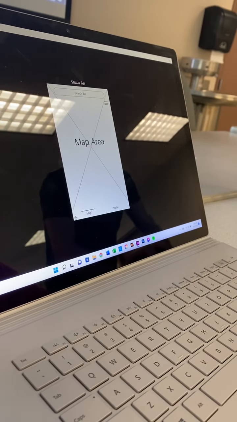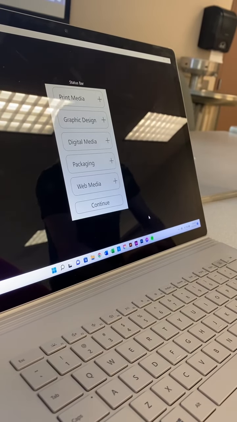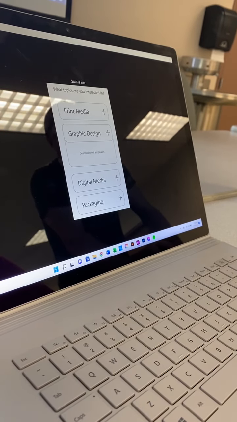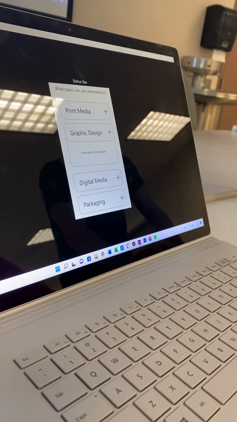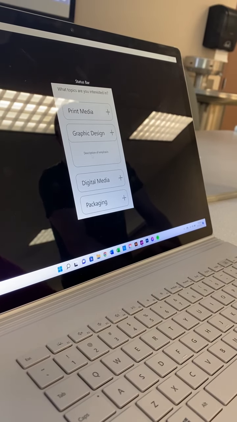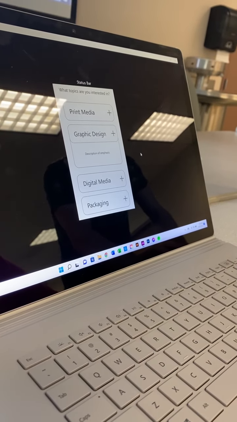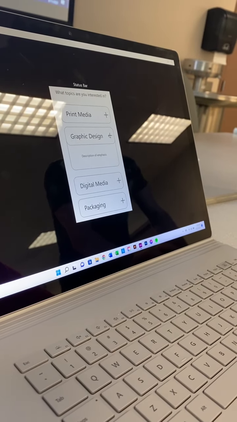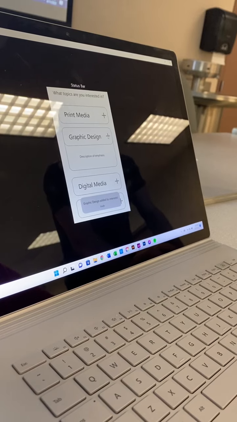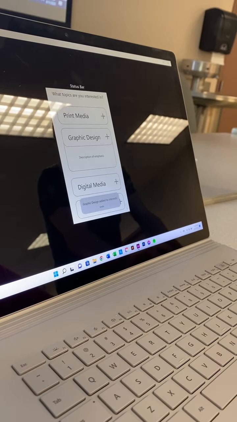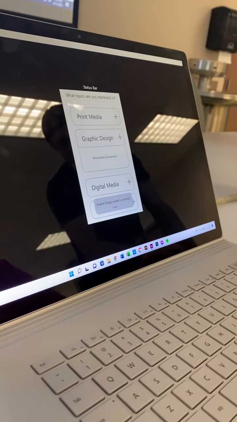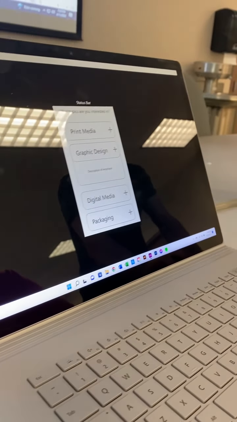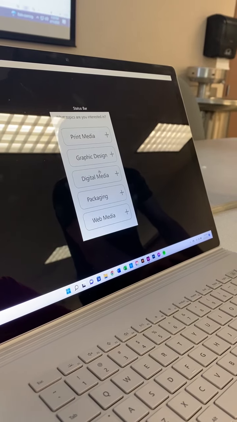Well, wait a minute. Okay, so this is my forward and my back button. I just said graphic design, and it just gives me a description, but that doesn't let me then select, well, I like this, so can I click here and just show me just the graphic design demos? If you hit the plus button, it'll add it to your interests. Okay. And in this prototype, which is improvised, you just have to click on the thing. No, I don't know what to do.